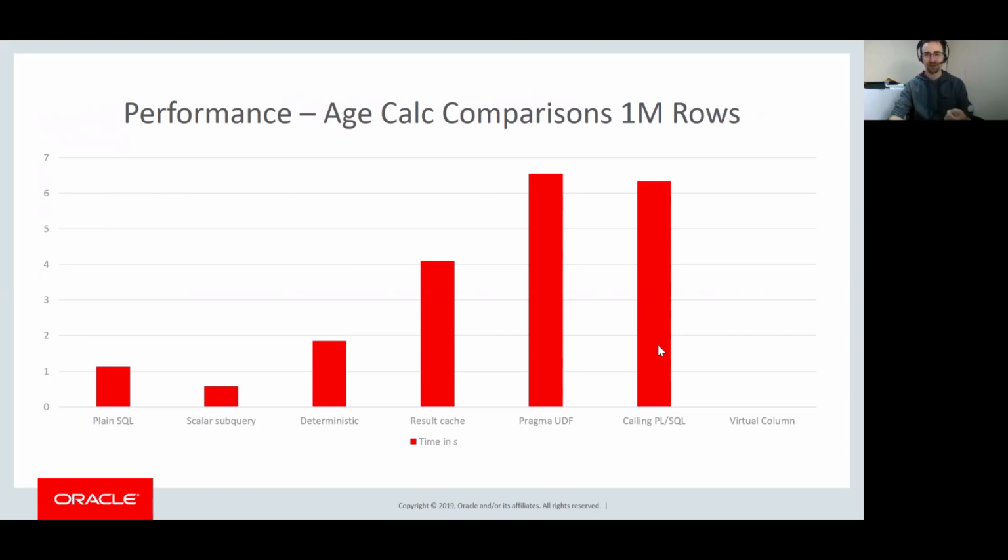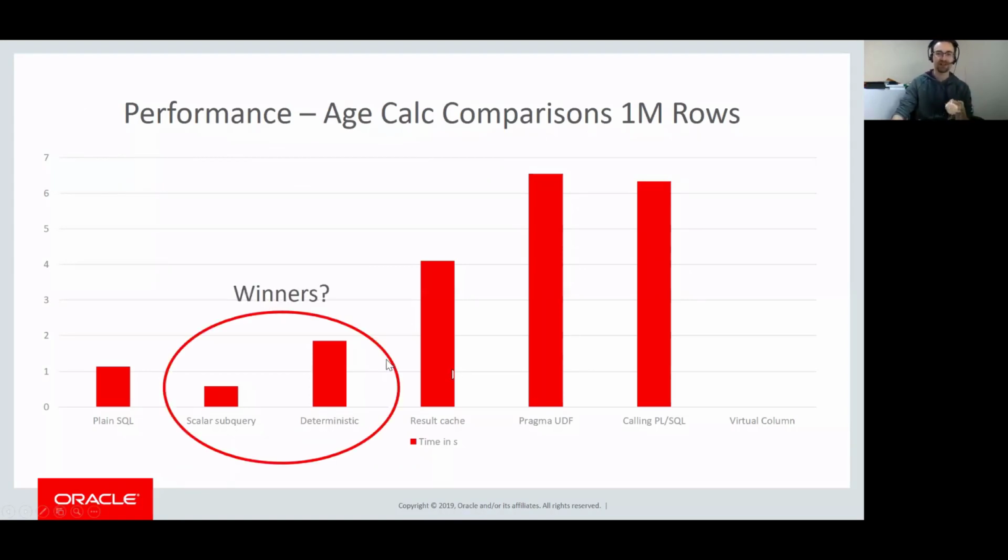costs of initializing it for the new values. Well, we're not having to do that as often. We have fewer different values that we're passing into it, so we can get more benefit from not having to call it at all. So result cache and pragma UDF, again, we're getting mixed results here. However, scalar subquery and deterministic, both of them come out really well. Scalar subquery in both cases was faster than our plain old SQL approach, and deterministic was only marginally